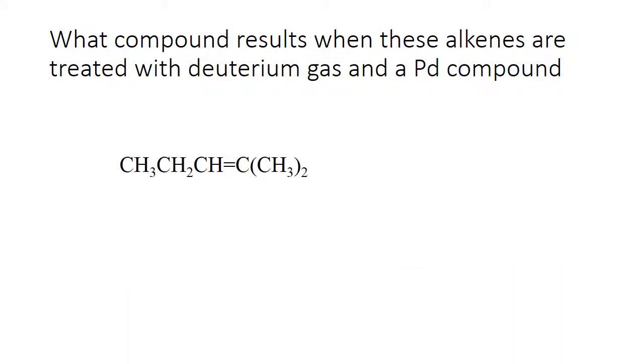So what compound results when these alkenes are treated with deuterium gas and a palladium compound? Pause it, figure it out, and then restart. The product that results from this would be the same as hydrogenation, except you're putting on deuterium instead. So this would end up putting a deuterium here and a deuterium